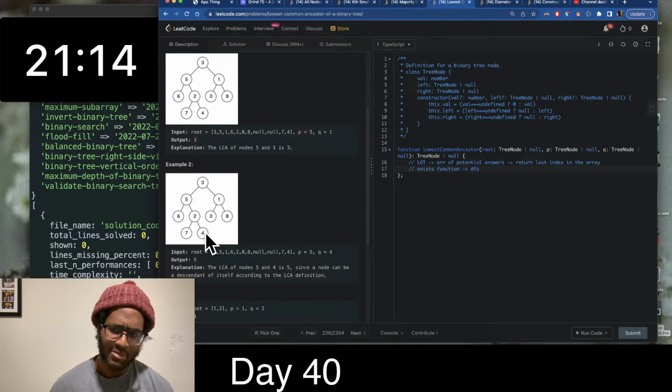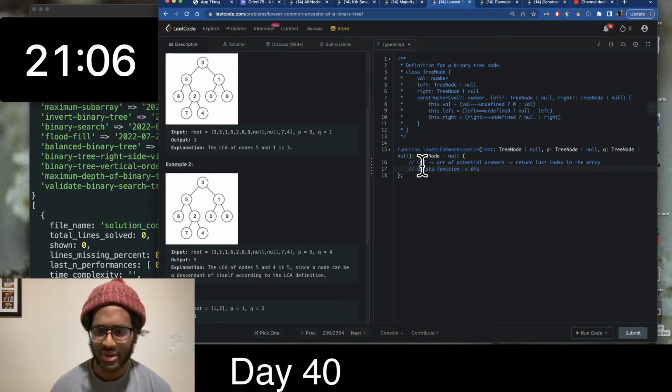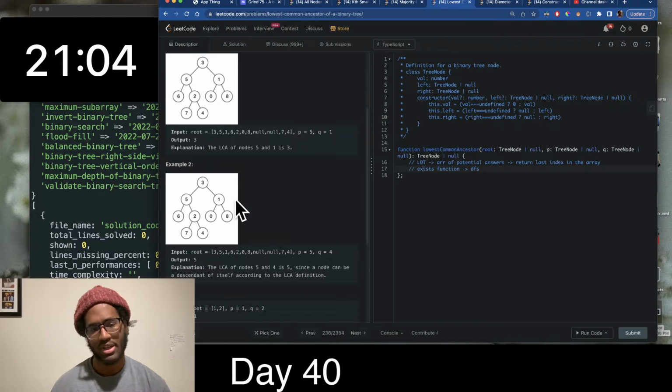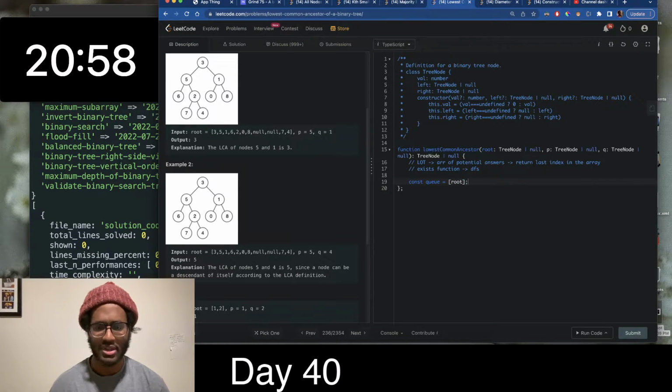And at the same time, we can check if the node itself equals P or Q. So this exists function is going to have to do a little bit, and it's going to be called twice during the level order traversal. So to start the level order traversal, we'll start with root inside the array, and we'll say while Q length does not equal 0,